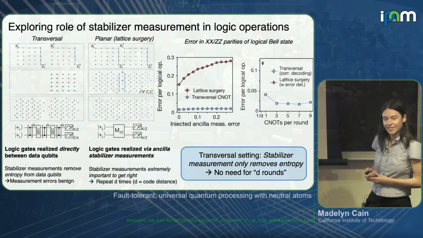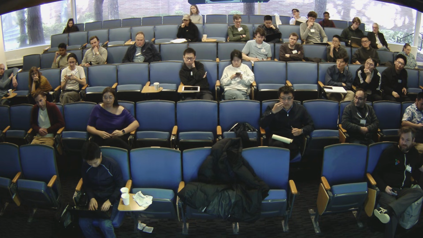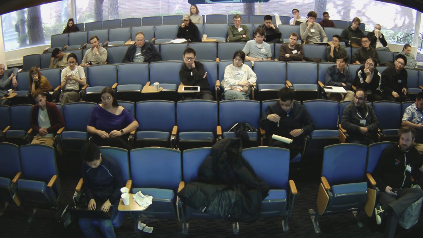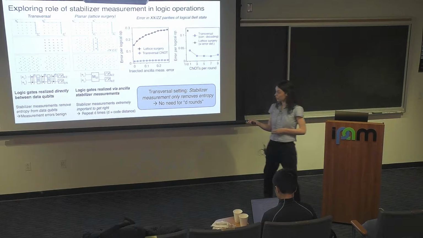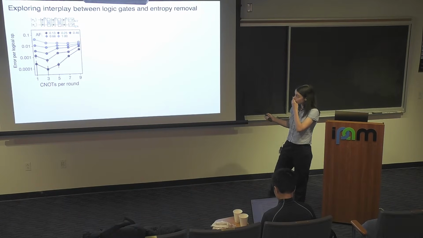Sorry, one question. I would imagine you only need to check for errors on the qubits on which you've done a bunch of entangling operations. Yeah, right. So you can. That's a huge boon. Yeah, it's a big deal, and I'll say this a bit more on the next slide.